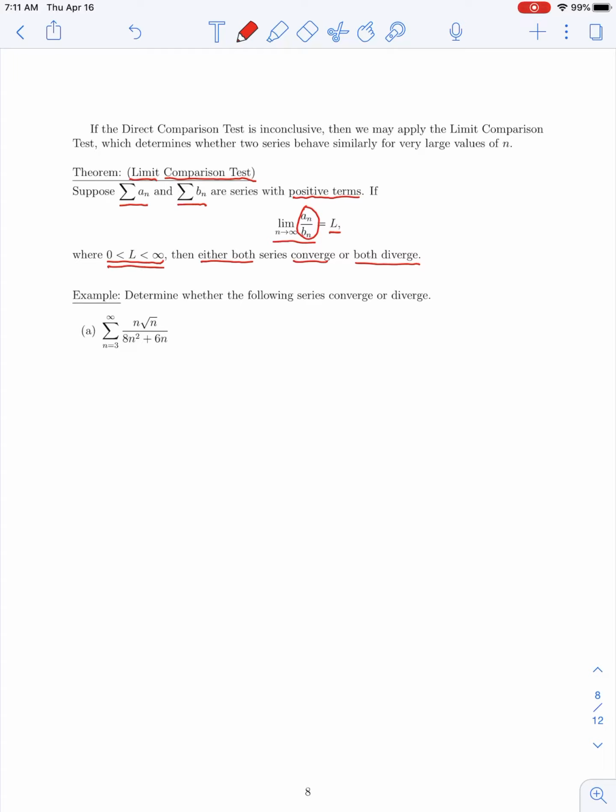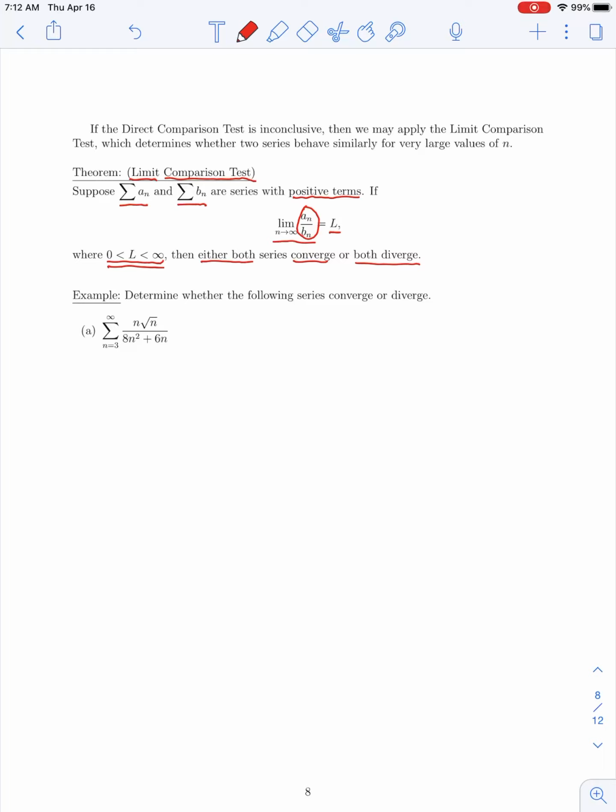So that means that our two series, the series of a(n) and b(n), behave the same way for large values of n, so they would both converge or both diverge. So we would use this limit comparison test if we're trying to compare our series with a p series, but